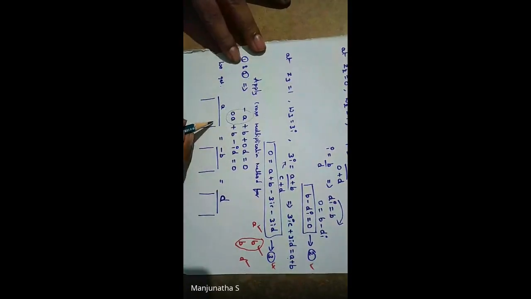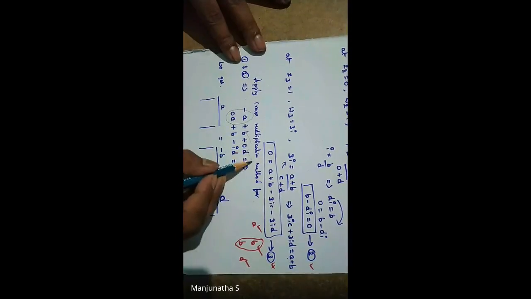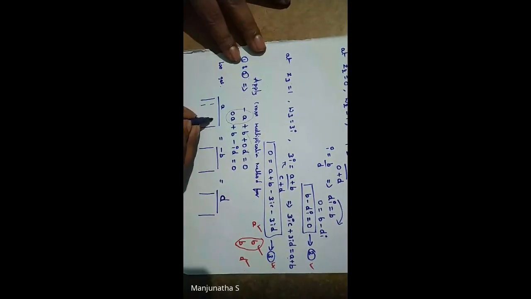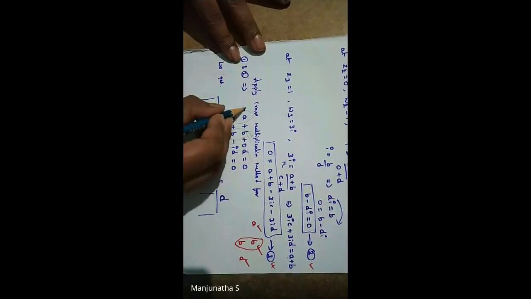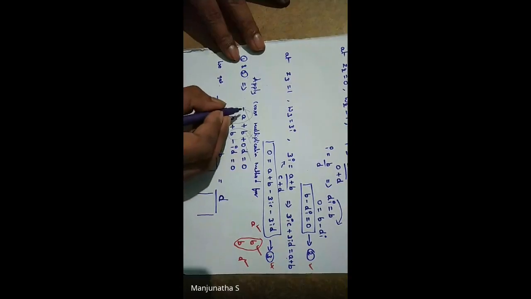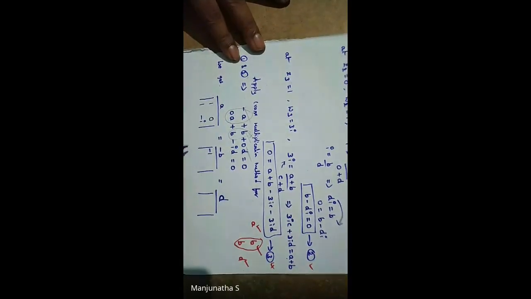So we need to leave this a. Then we need to choose this b coefficient and d coefficient. So the b coefficient is 1 and 1, and the d coefficient is 0 and minus i. Similarly, for b, you need to leave this b and go for a and d. So what is the a coefficient? Minus a, so nothing is there means 1, so it is minus 1. So here it is 0. Similarly, d is 0 and minus i.